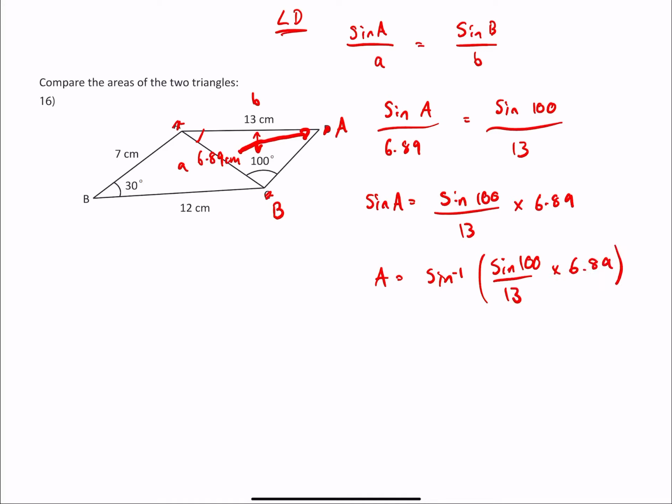So let me just quickly do that on my calculator. Inverse sine of 100 over 13 times 6.89 gives me an angle for A of 31.46 degrees. So the angle A, which is actually angle D, is 31.46 degrees. So to find the angle here, all I'm going to do is 180 minus 100 minus